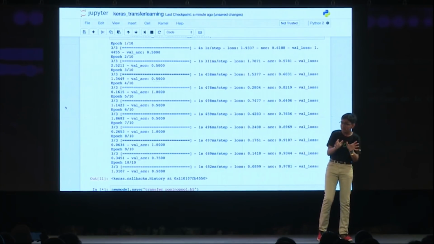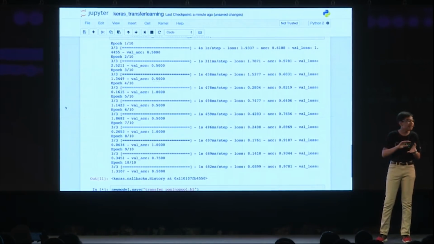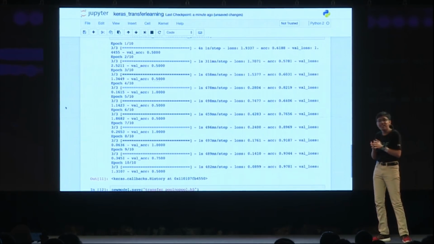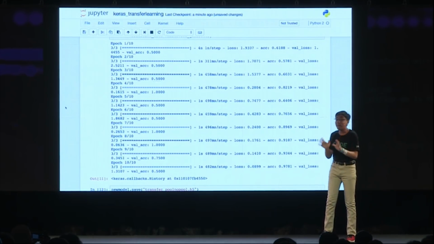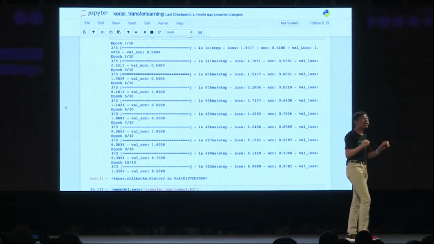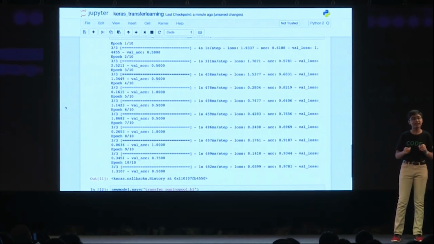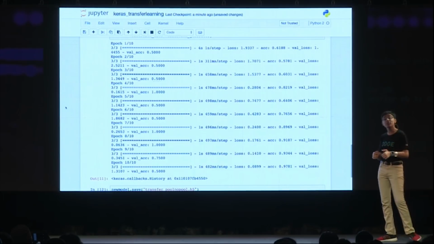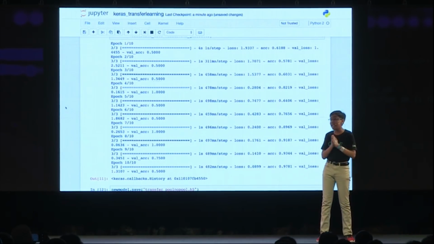Again, that's a little bit misleading because we've only got 4 testing images, so the model doesn't really get a chance to show off the noise that it's actually learned or what it hasn't learned in the first place. But what this proves is that within 20 minutes, I was able to create a deep learning system powered by Keras with a TensorFlow backend, and I didn't need to do almost any of the work.